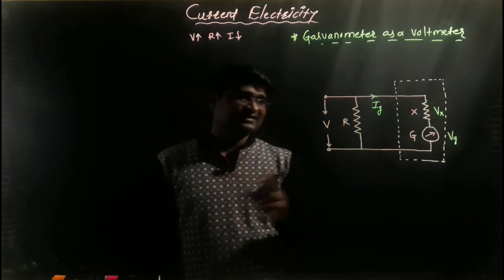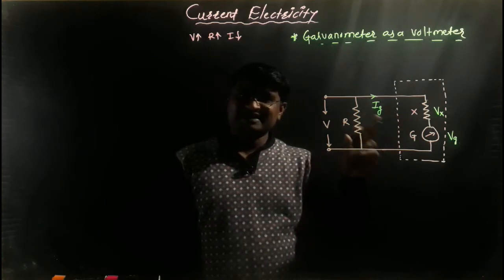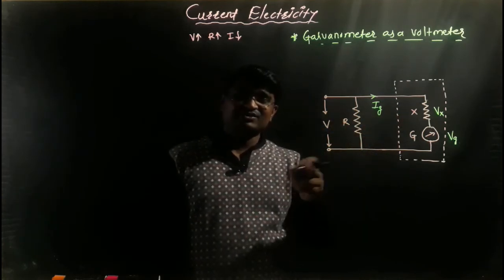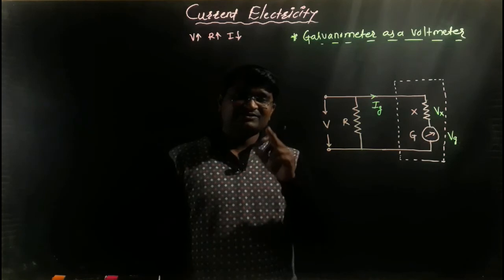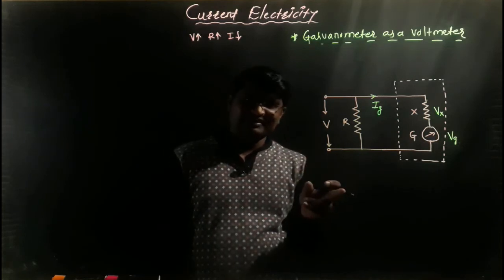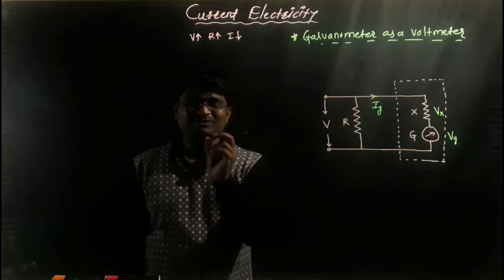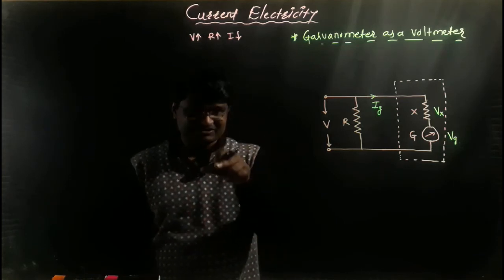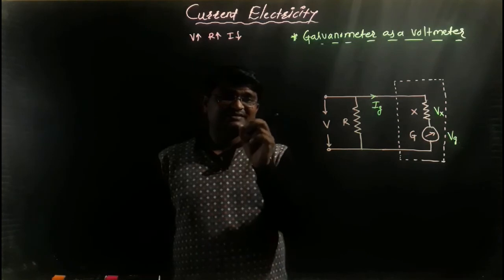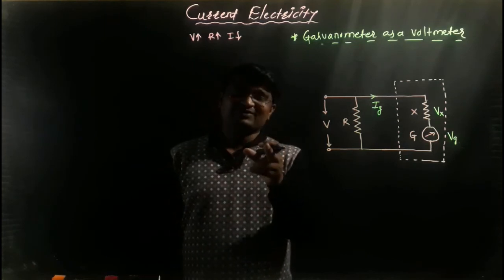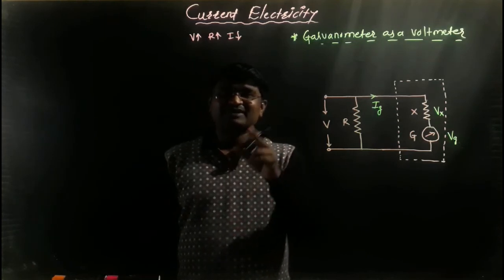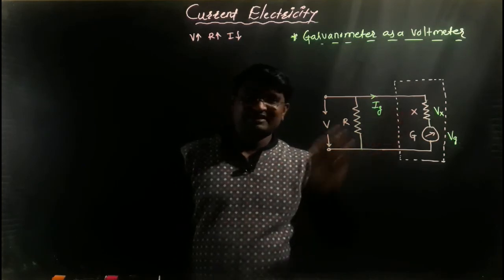You remember that. Here a high value of resistance X is connected in series with the moving coil galvanometer, so the galvanometer works as a voltmeter. And in the previous point, you remember that if a low value of resistance, that is the shunt resistance, is connected in parallel with the moving coil galvanometer, the galvanometer works as an ammeter, and here we connect in series.